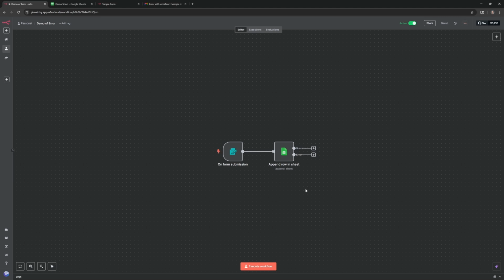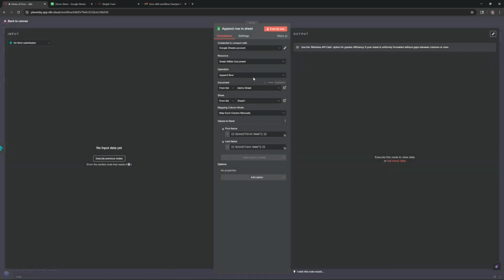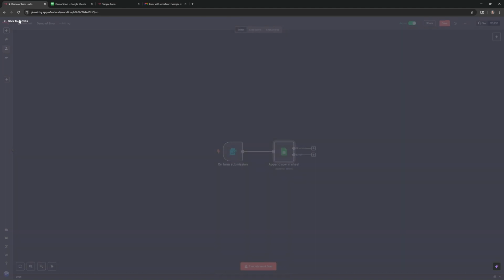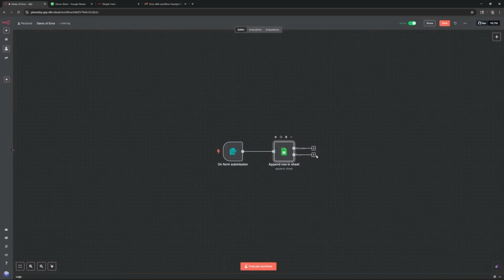It gets an error. Alternatively, if you want, you can go into a node, and if you ever notice this settings tab, you have additional options in here, and on error, typically it's stop workflow. You can actually come in here and say continue using an error output. And what that will do is give you another branch here, so then you could set up a different path. So say you want to be notified in Slack or something whenever this happens, you could do that. Or you can send an email directly here if you want.